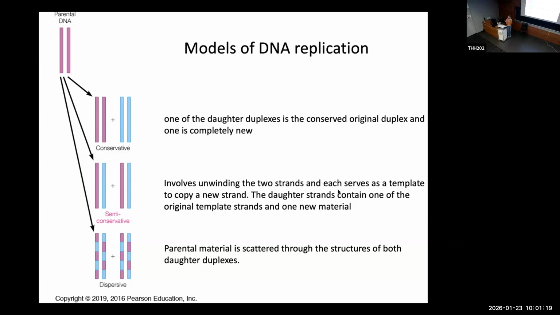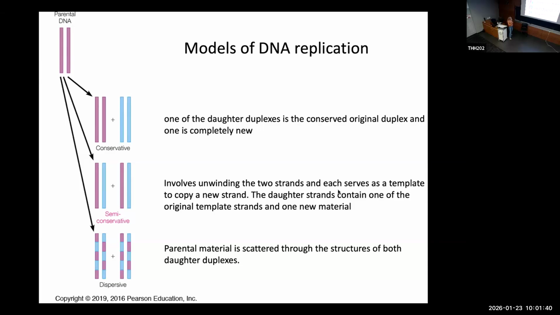Each one of its strands could direct replication of daughter strands. But the method by which it did that was not known. So this experiment details the models that were proposed and then the experiment that was done to show which model